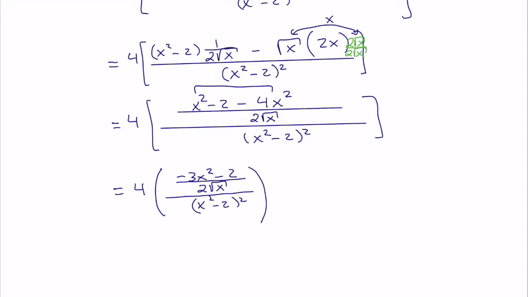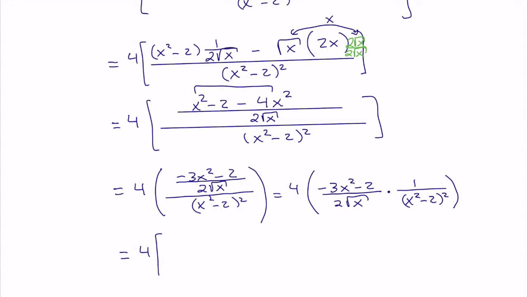And we have a complex fraction. Remember how you do complex fractions? Let's keep the 4 there. You keep the numerator, minus 2 over 2 root x, and multiply by the reciprocal of the denominator, which is 1 over x squared minus 2 squared, and we multiply the fractions, so this is 4 times negative 3x squared minus 2 over 2 root x